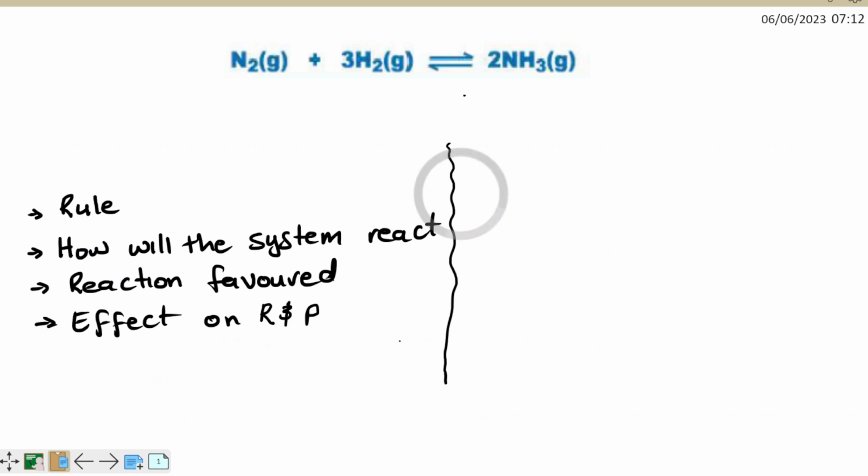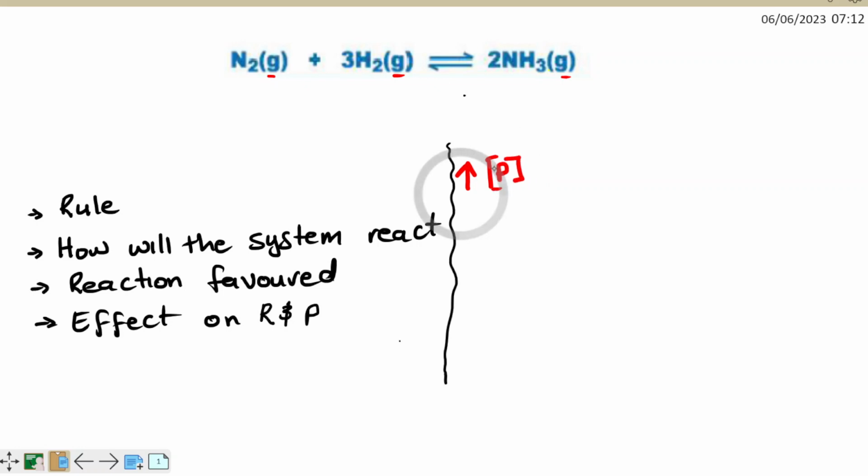Okay, let us look at this reaction. We have N2 reacting with 3H2 gas forming 2NH3 gas. The first thing that you must check is that all of your substances must be gases. So all of them are in gas form. So what does the rule say when it comes to an increase in pressure? What does the rule say? The rule says an increase in pressure